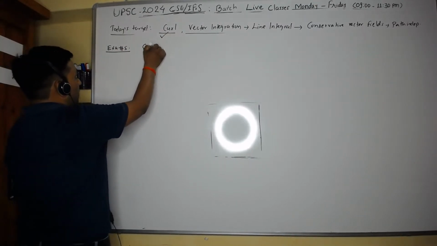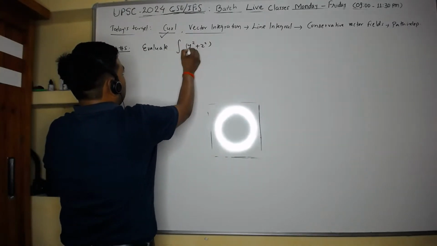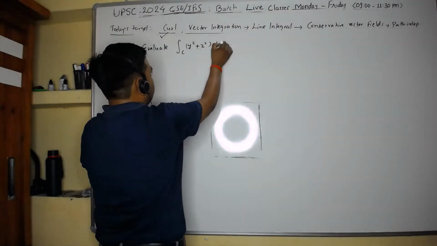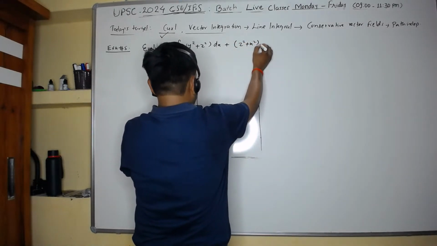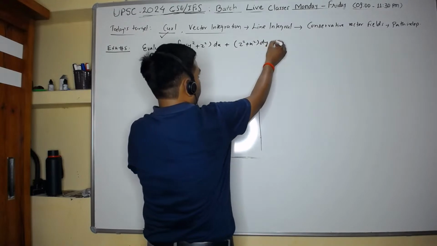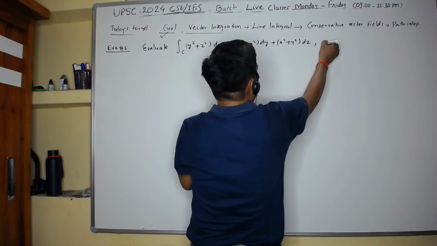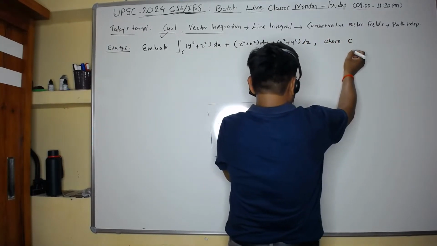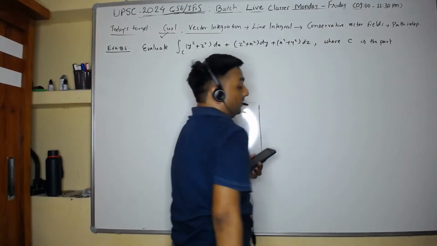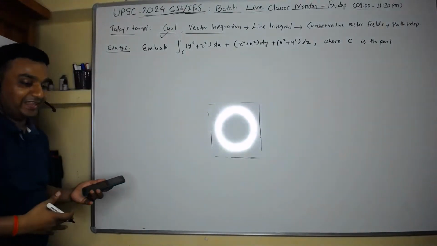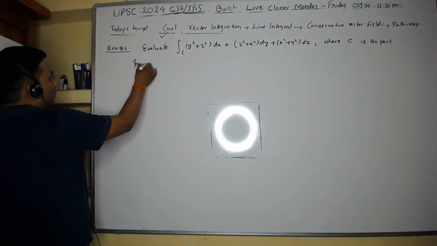Evaluate the integration over C of (y square plus z square) dx plus (z square plus x square) dy plus (x square plus y square) dz, where C is the part. This is a good question. In fact, you can take it as a theory for you, like a model example, where C is the part